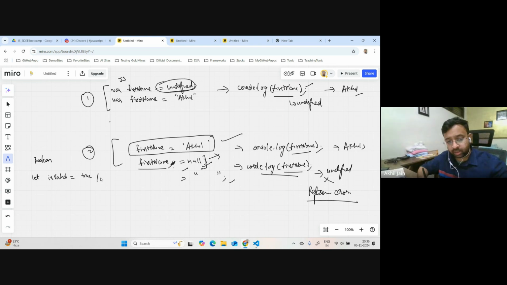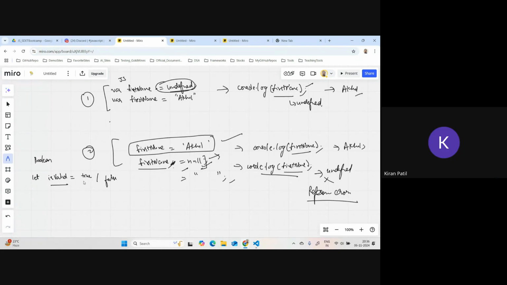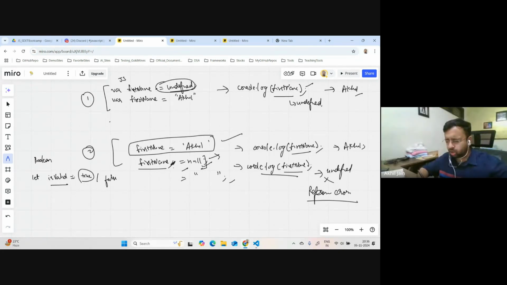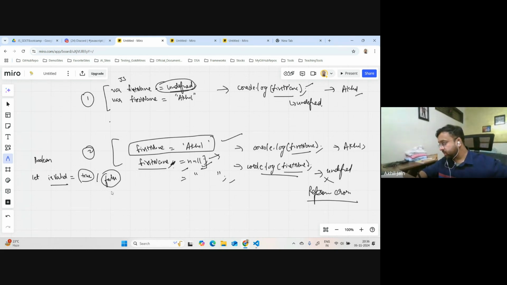True or false, right? Something like this. I can either assign true or false to a variable, and if I check the type of this, it will become Boolean. And these are the two possible values across the globe, across different languages. You can assign true and false, and it will become like this. These are treated as the only two values which you can have in a Boolean world, either true or